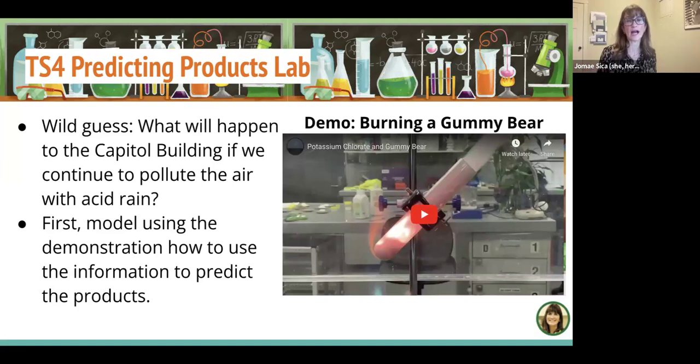Students are writing out possible products that they think could occur from the nitric acid and the sulfuric acid reacting with the calcium carbonate in the marble. And then they're also tying that into what we were just learning in the previous task set, which was about what is going to happen to the overall mass of the building based on what you predicted the products should be from this particular reaction type. Again, this is a guess at this point. They have had some pieces of information to help them. I wouldn't say that it's a completely wild guess, but they have not practiced putting all of these pieces together,